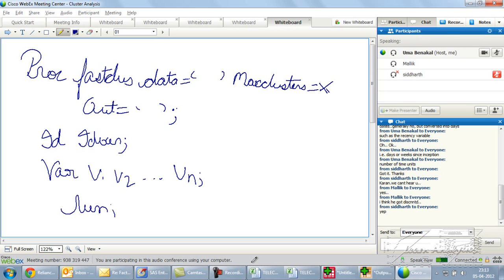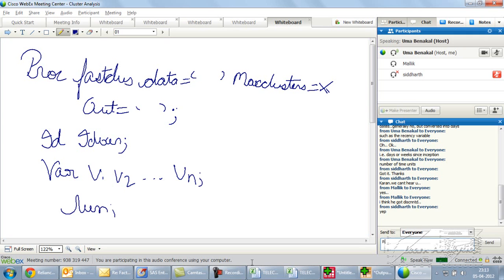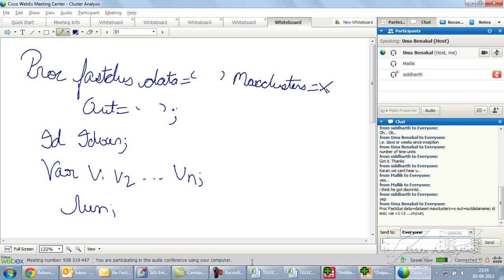Right, I'll just put the code into the chat window. So proc fastclus, data equal to, let's say, dataset name, maxclusters equal to, let's say, x, out equal to out data name, id equal to serial number, var v1 v2 till vn, run. Right, so what I want you to do is try out this proc fastclus